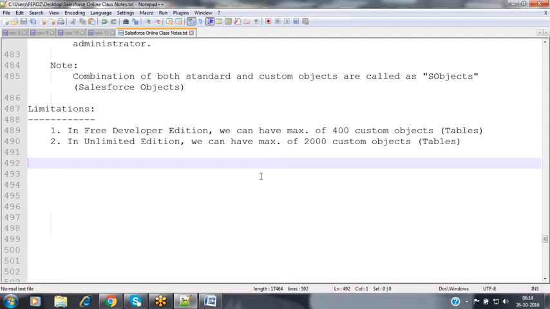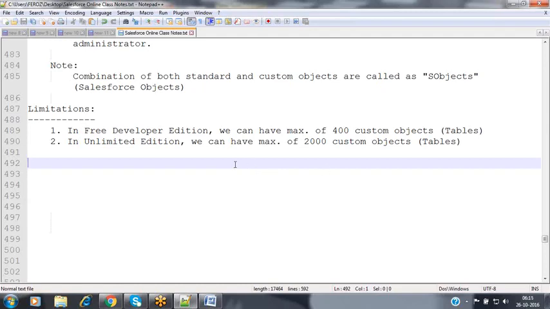The remaining features they keep adding, but these object limits will be fixed. But based on the customers' ideas, the ideas raised by different customers and their votings, they will change and increase the number of custom objects. It may be once in 2 years or 3 years.